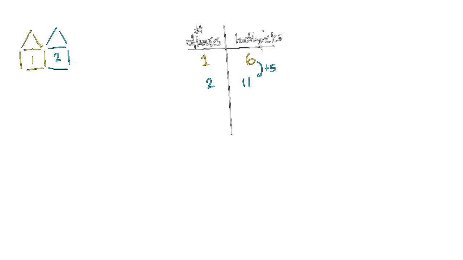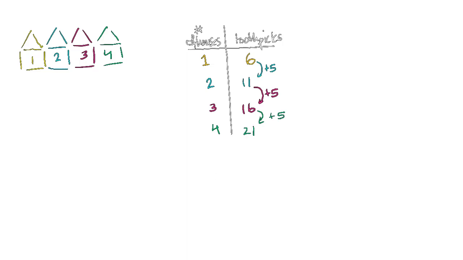I think you see the trend here. What about 3? What about 3 of these? Well, this is going to be another 5. 1, 2, 3, 4, 5 toothpicks. So we're going to add 5 again. We're going to add 5 again and get to 16. Let's do 4 just for good measure. So the fourth one, we're going to add another 5. 1, 2, 3, 4, 5. Gets us to